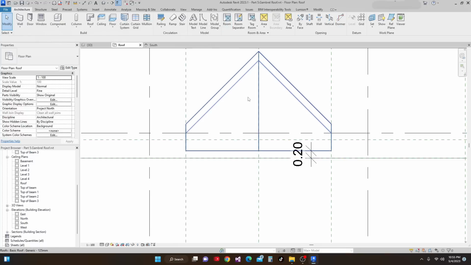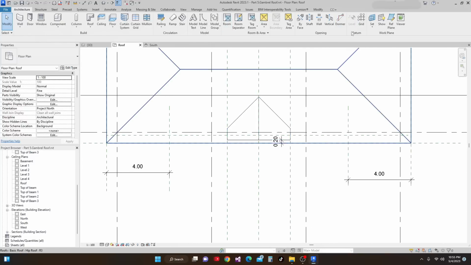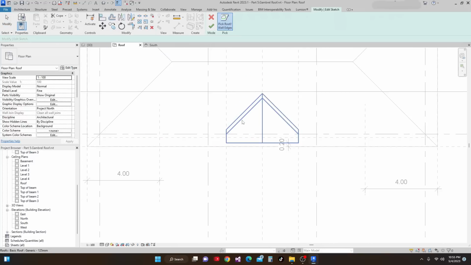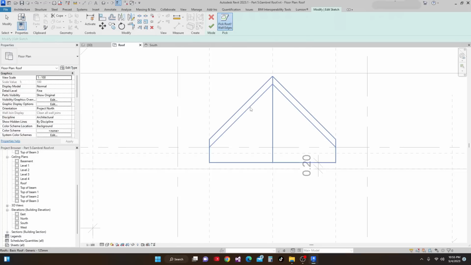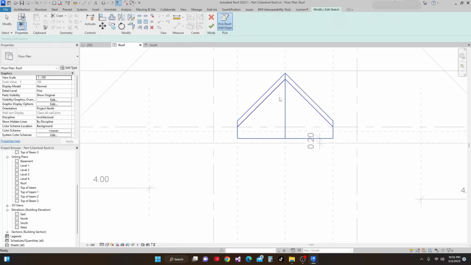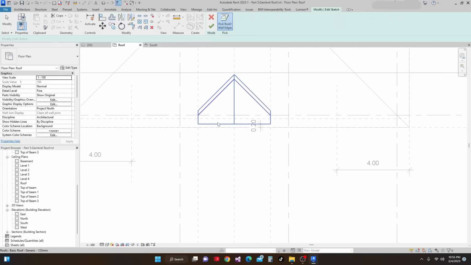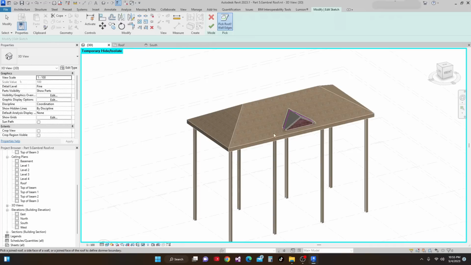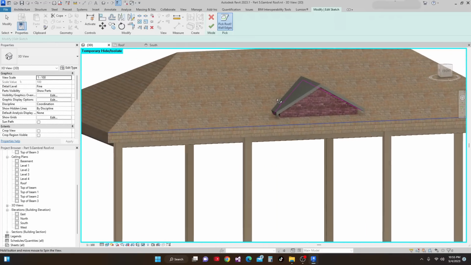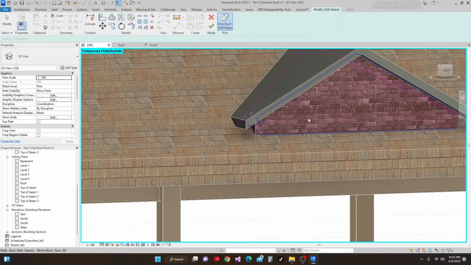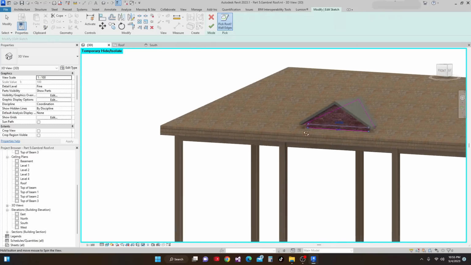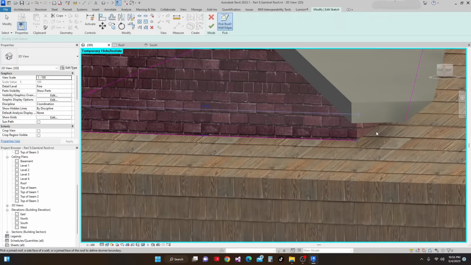Again, I select this dormer, and then this roof, and then I'll go and pick a wall edge. I'll pick this one, and then this wall, and then this wall, and then again this wall,